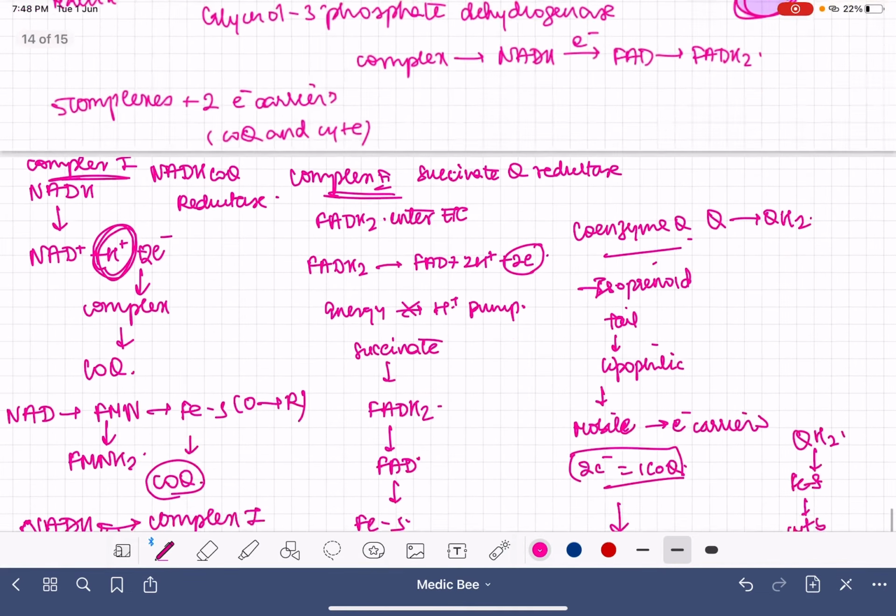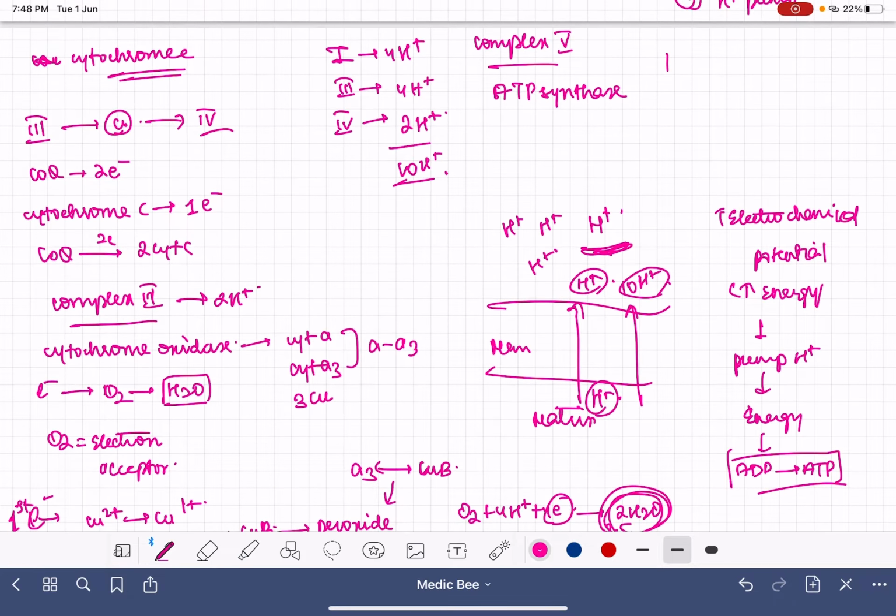The F0 is called F0 with an O because it is inhibited by oligomycin. This transfers the protons from the intermembrane space into the matrix, so the accumulation is relieved by passing the protons through this F0 unit. The F1 unit, on the other hand, has the catalytic property. The F0 is a transporter unit, but F1 is a catalytic unit. The energy released is used to convert ADP to ATP.